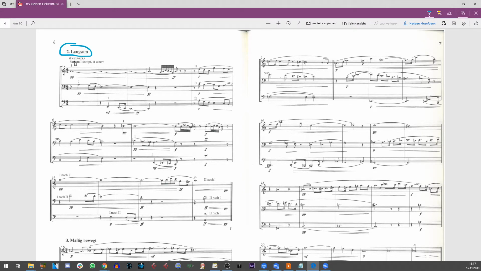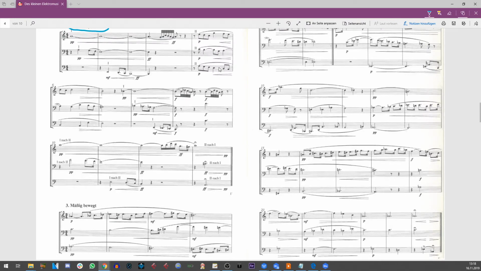Not a slow piece. Actually, the interesting part is here that they change between the tone colors. There you go. There are two tone colors. How to best translate them? Guess dull and sharp. This one's dull, this one's sharp. We have the dull one at first, then it switches to the sharp one, which sounds a bit like a clarinet, in my opinion.